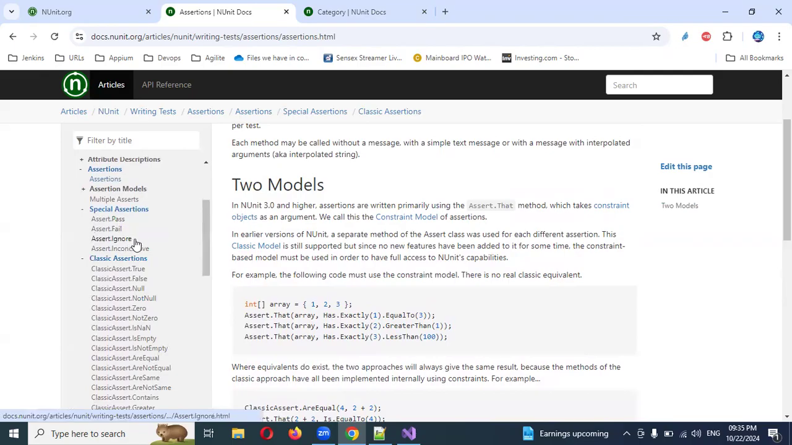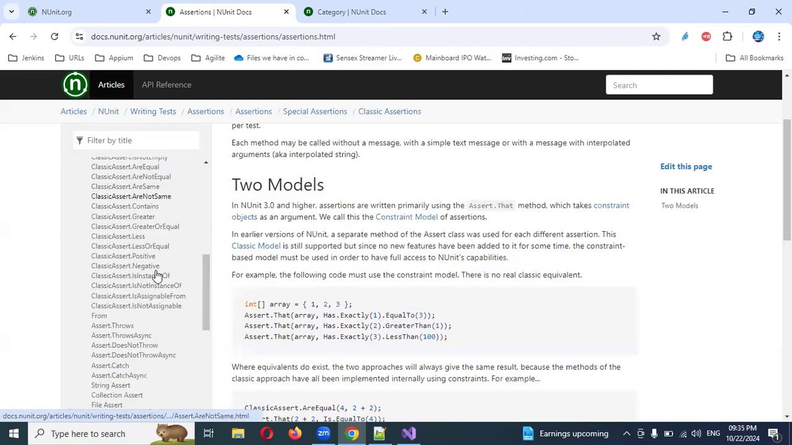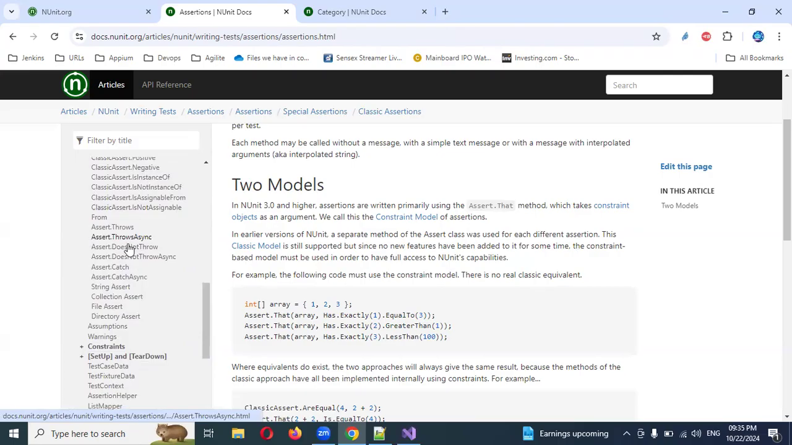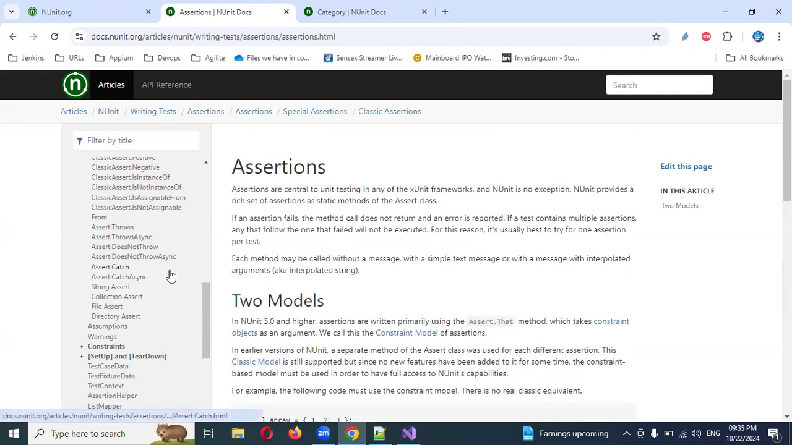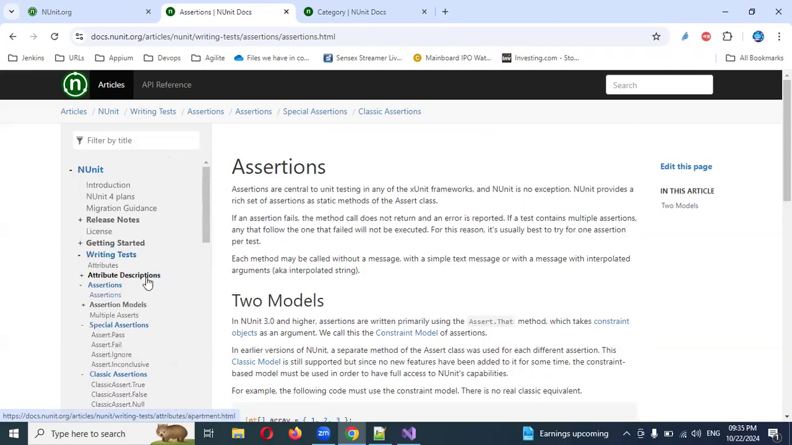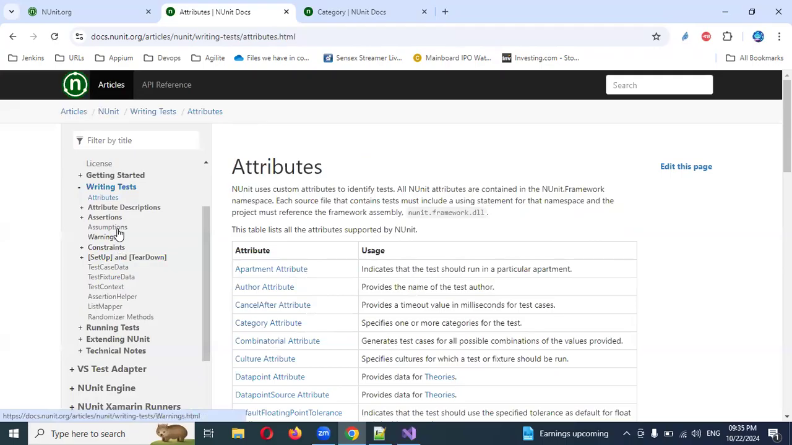Okay, assert pass, assert fail, assert ignore, classical. Okay, and even assert throw. Like this we have so many assertions you can learn one by one. Okay, anything is possible. Now if you want to create a simple test case,